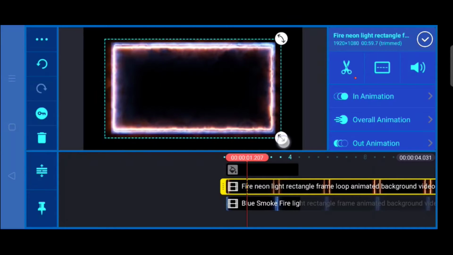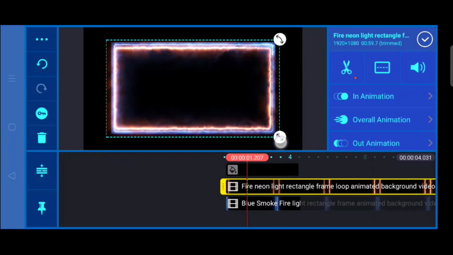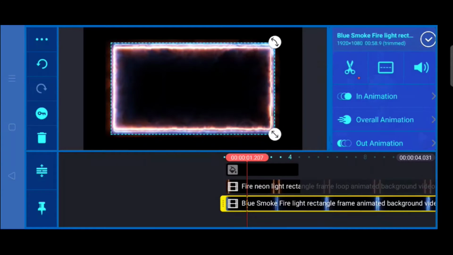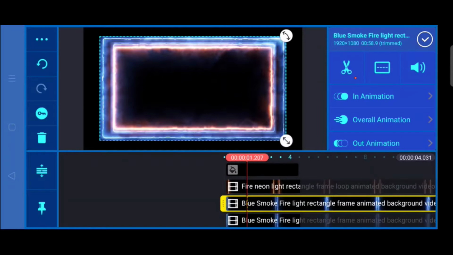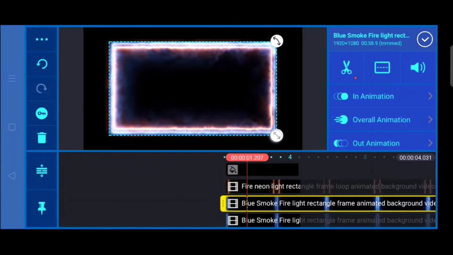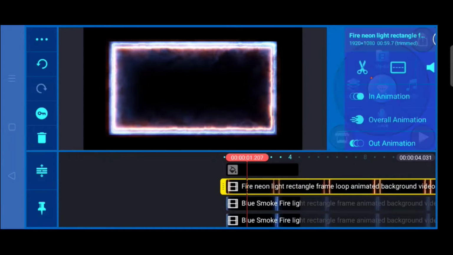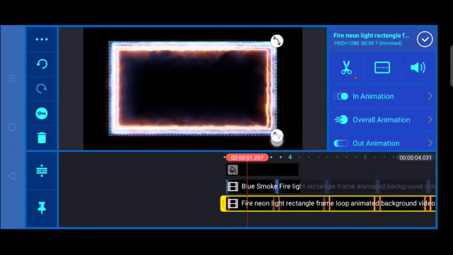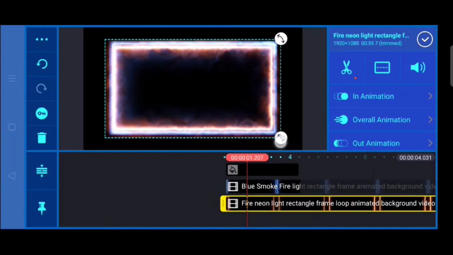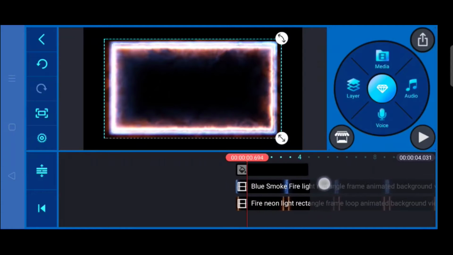Now it's on you how you want to make it look. You want the blue one to be outside or inside, it's totally upon you. So I want the blue one to be outside, so I'm keeping it outside. Now what you can do is multiply them. With the help of multiplying, it will look better than how it was at first. It will become more dense, more dark and more lightning. See now, as you can see, it's looking very nice.